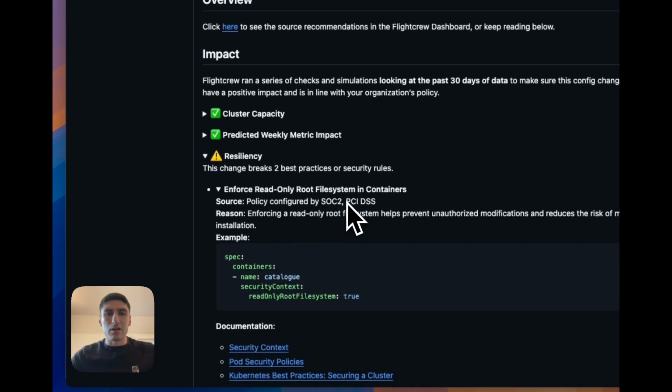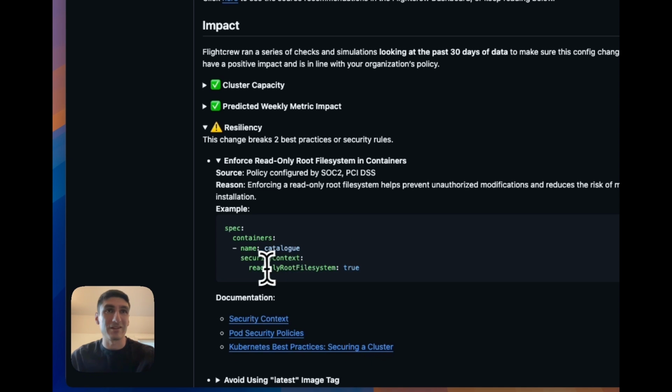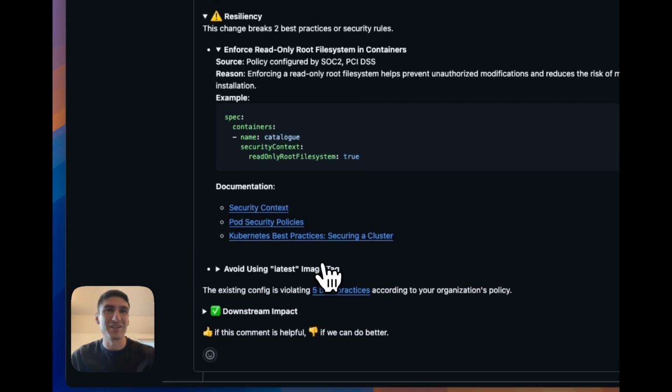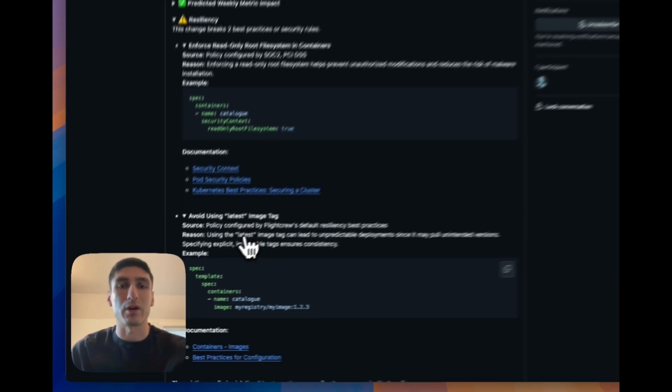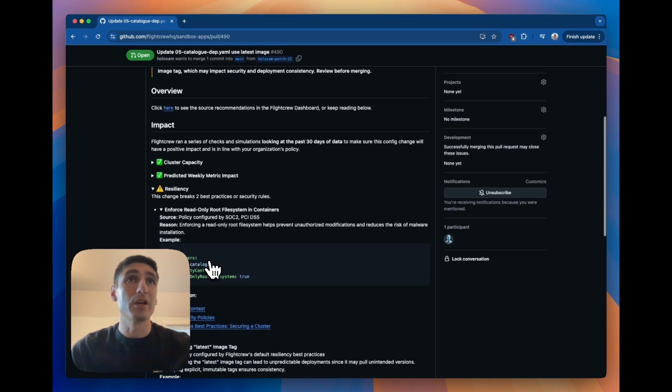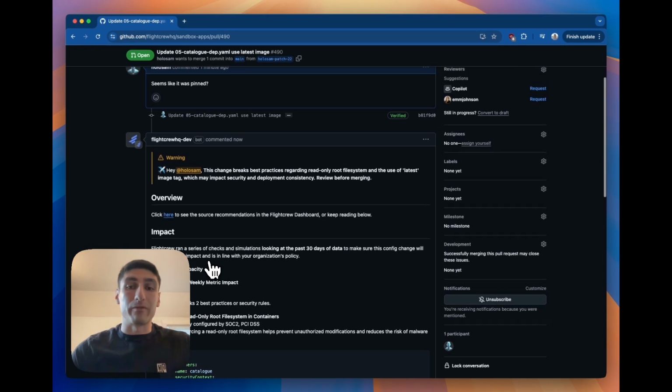The first one here looks like we are making a SOC 2 violation. It's explaining why I shouldn't be messing with this read-only file system field. And the second one is explaining why we had the pinned version in the first place. It sounds like latest is not a best practice. So that's great. Flightcrew caught a couple violations before they were submitted,